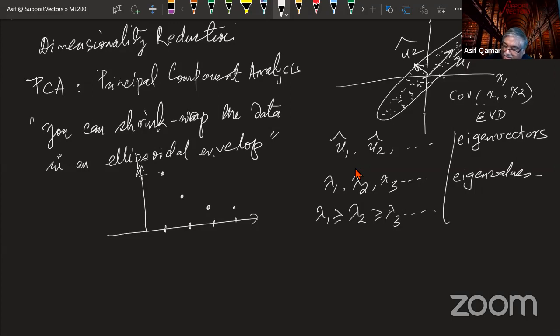If you connect these points, you notice that there is an elbow here. This is the magnitude of the eigenvalues lambda 1, lambda 2, and so on. So at the elbow point,